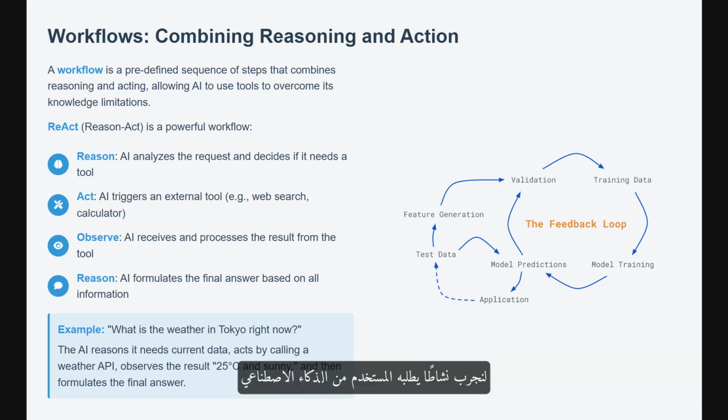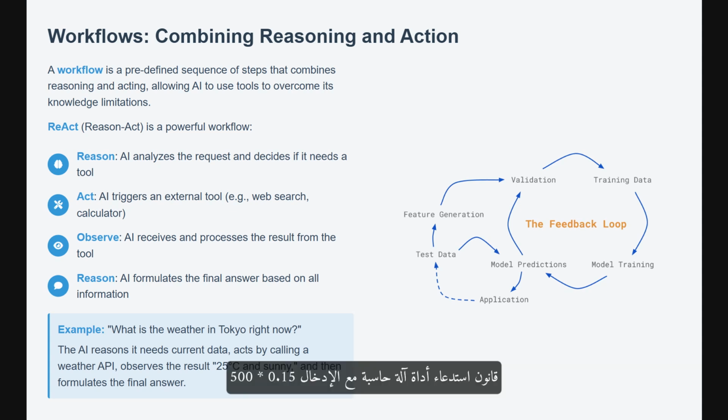Let's try an activity. A user asks an AI, "What is 15% of $500?" Outline the simple React workflow the AI would use to answer this. The workflow would be: reason, the user is asking for a precise calculation. To ensure accuracy, I should use a calculator tool.